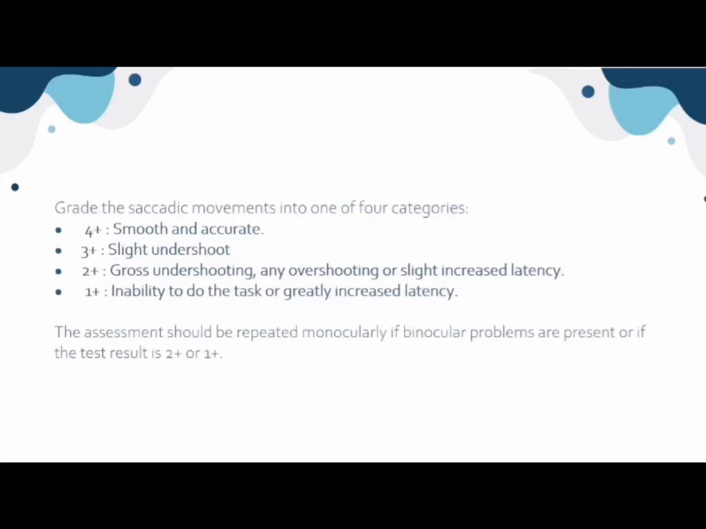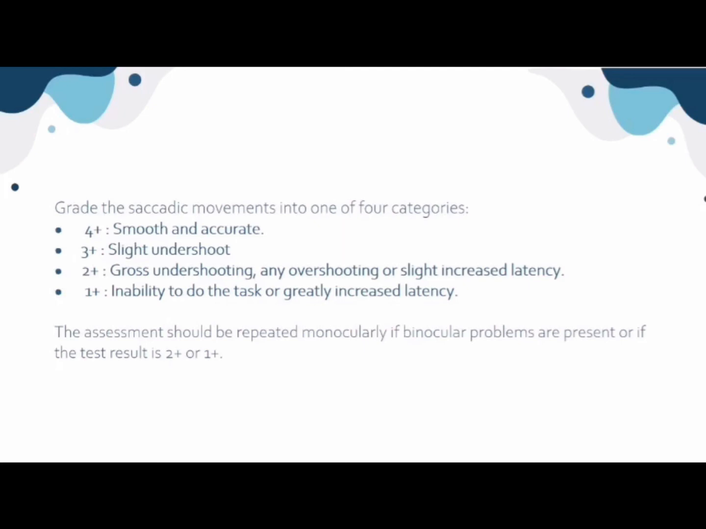Grade saccadic movements into 4 categories. 4 positive stands for smooth and accurate, 3 positive for slight undershoot, 2 positive for gross undershooting or any overshooting or slightly increased latency, 1 positive for inability to do the task or greatly increased latency. The assessment should be repeated monocularly if binocular problems are present or if the test result is 2 positive